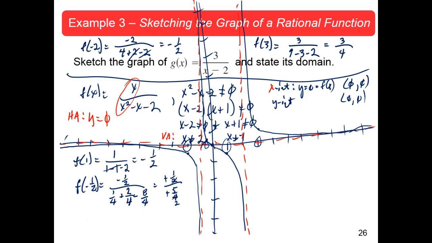You found your vertical asymptote. Doesn't matter what order you do this. You found your vertical asymptote first, 2 of those, and you plotted those. Then you did your horizontal asymptote from the ratio of leading terms and plotted that one. Then you went to find your 2 intercepts. You found out they were the same intercept. You only had one x, and it happened also to be the y. So that gave you extra points that you had to investigate, and choosing -2, -1/2, +1, and +3 gave you